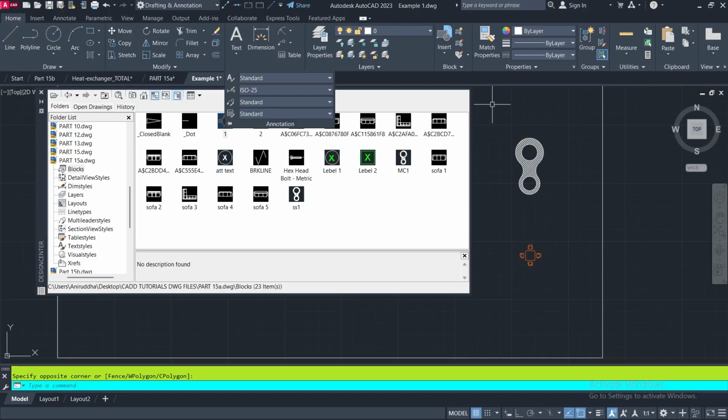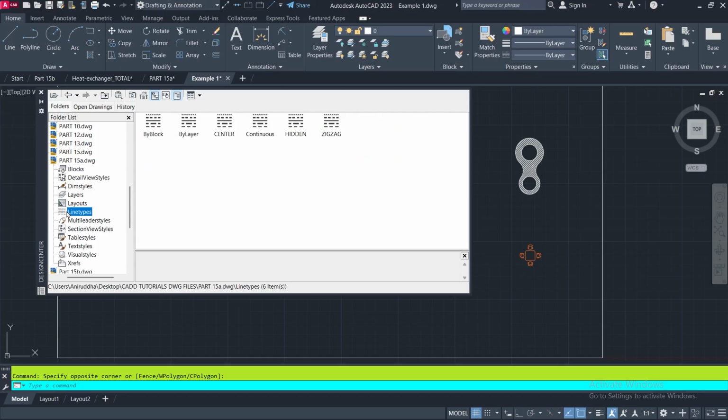There is no dimension style that I have created, and for text style also no text style I have created. So if I need the dimension styles, text styles or line types which were used in our previous part 15a file, then we can get from this design center. For that I am clicking on this line type here. Click. Here you see in part 15a file, center line, hidden line and zigzag line were loaded, and I am dragging and dropping these line types on my present file,